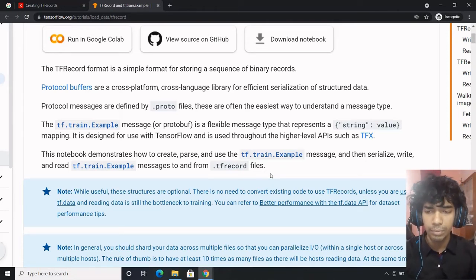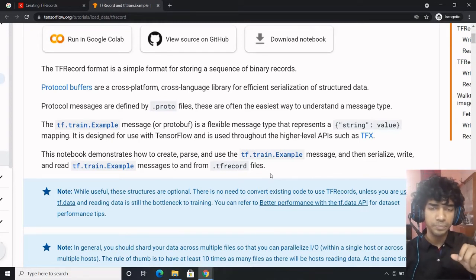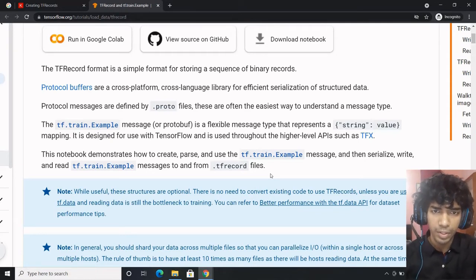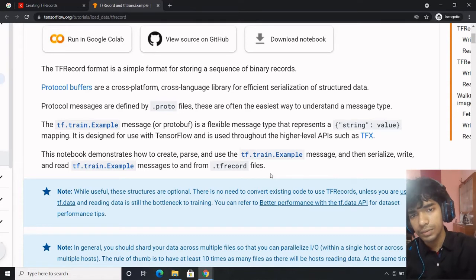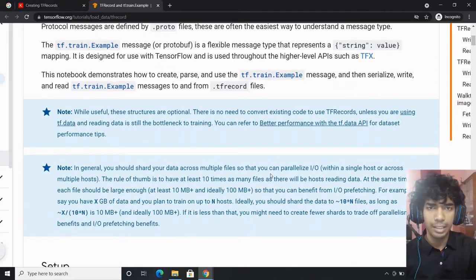So let's get started. Now, like in NumPy arrays we have a data item, in TF records we have data examples. So every example is a dictionary having multiple keys and their corresponding values. Let's say one key might be the image and its value, another the label and its value, the ID and its value. These are the components of one particular example. That's how it is designed, and you'll get to know it more as we go deeper.